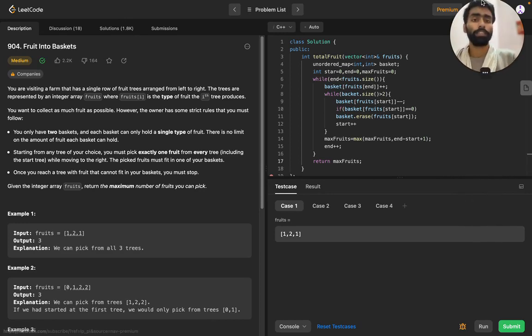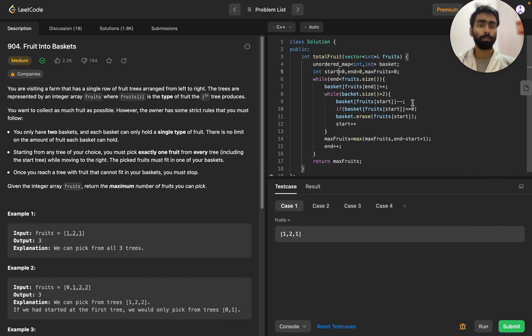So let's see here that we are using the map to store the element and its frequency in the map that is of int type, and we are initializing the start variable and the int variable along with the maximum number of fruit to 0, and while the end is less than the size of fruit, that is within the range, in that interval we are first adding all the elements to the basket, and then we are checking if the basket size is greater than 2.